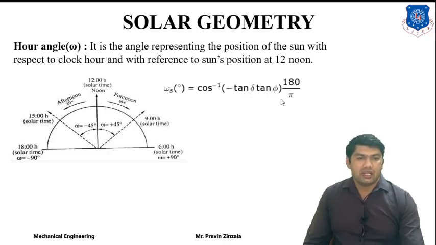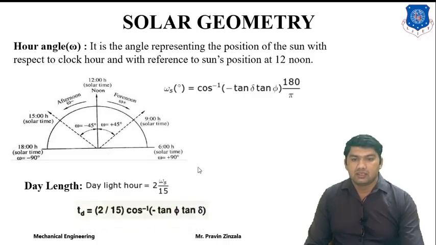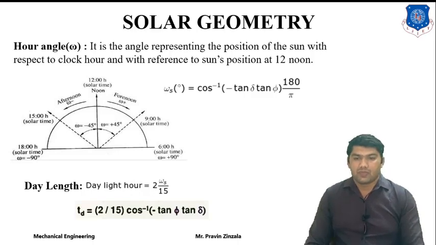Delta is equal to the declination. Phi we generally consider as the latitude. So according to the position and location on earth, the angle will be slightly different. The third definition is day length; we can also measure day length in hours. It also depends on the geometry of earth. For example, the hour angle and day length for India or for the USA will be different, according to the position and the day on which you are calculating.